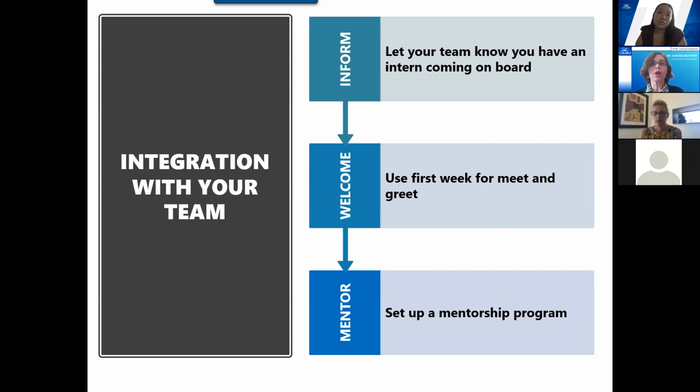So even before the first day, the entire team should know that there's an intern, someone new who's coming. You should send some sort of enthusiastic message to them. We're looking forward to having you on board, and find out who can be their buddy, who can be their mentor, not their supervisor, someone where they can ask questions.